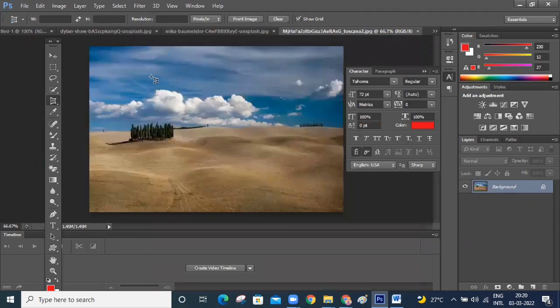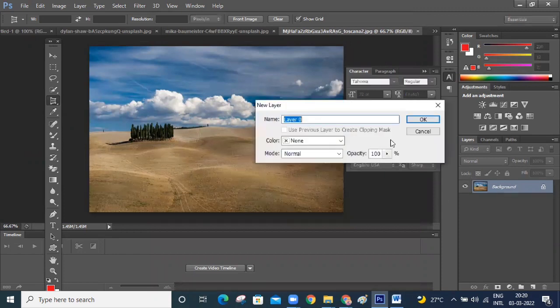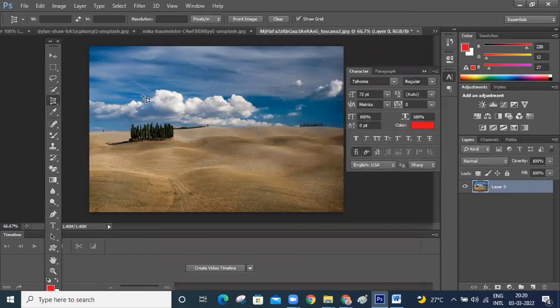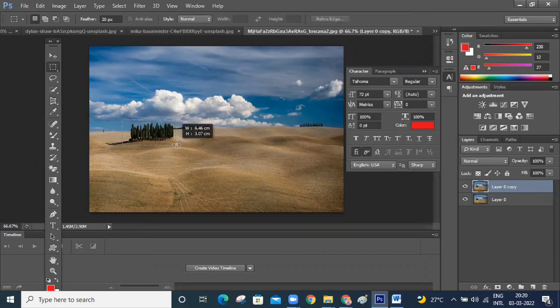And one more thing I want to tell you. For duplicating an image, I told you, what is the shortcut key for duplicating the image? No. I told you not to work on the original image. Always take Control J. If I select this with rectangular marquee tool and I want to duplicate this, another option is there: Alt. Click on Alt.